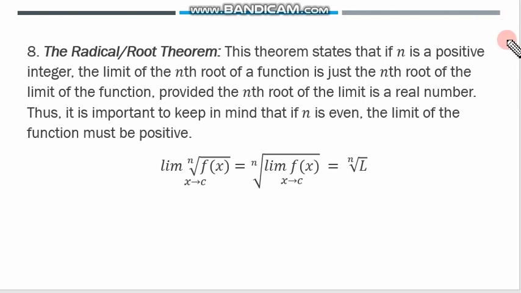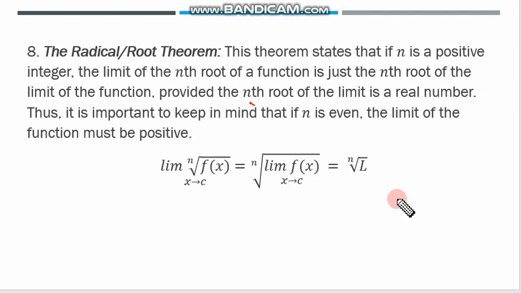Okay, for the continuation of our previous video, part 1. So we are still under theorem number 1, the radical or root theorem. This theorem states that if n is a positive integer, the limit of the nth root of a function is just the nth root of the limit of the function, provided the nth root of the limit is a real number. Thus, it is important to keep in mind that if n is even, the limit of the function